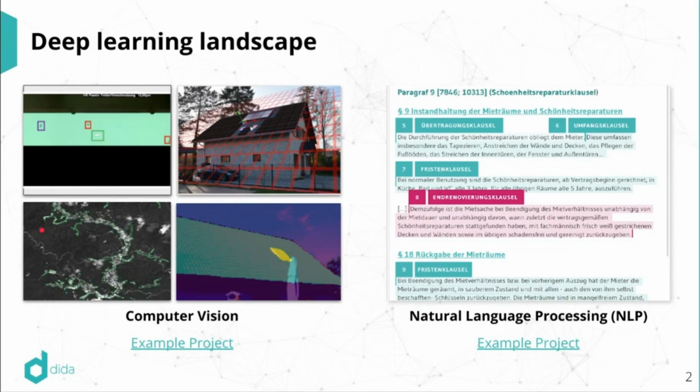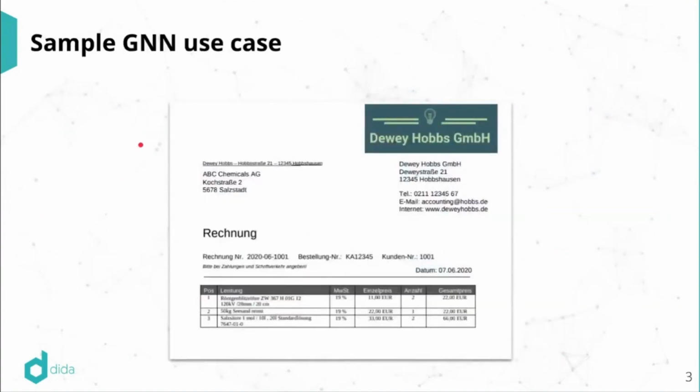So to guide our discussion, I'll pick a sample use case, which is also inspired by a project we have, which is to understand documents in tabular format. What we see here is the picture of an invoice or a bill, and this document has some headers, some addresses, some dates, and then the interesting part is this table, right? The table lists some products or services, and these things have a description, then some prices, some